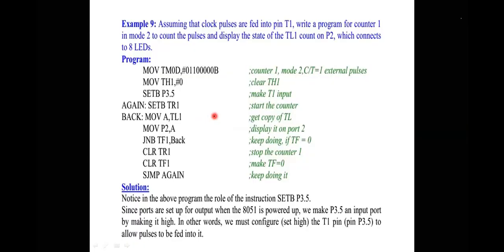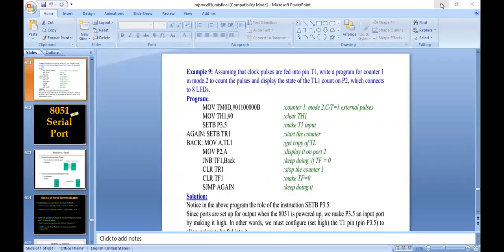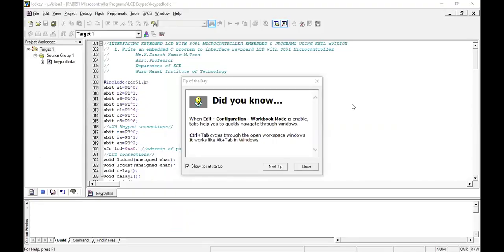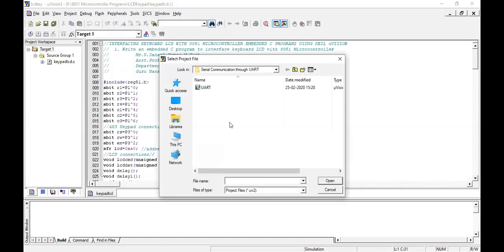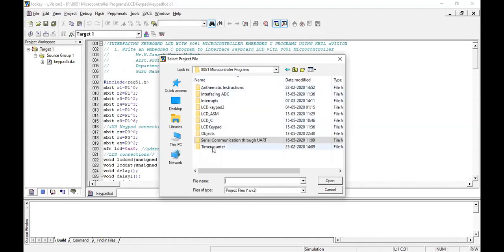I will show you in the Keil MicroVision. So I have opened the Keil MicroVision software and I'm opening the project for timer counter.